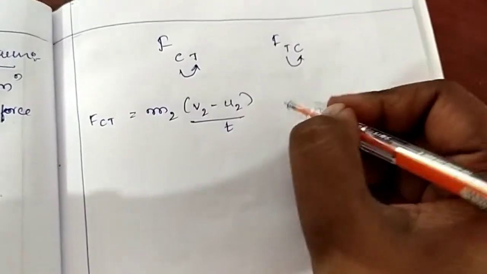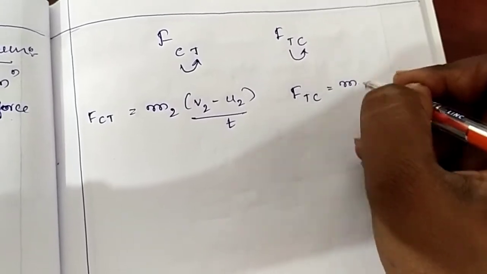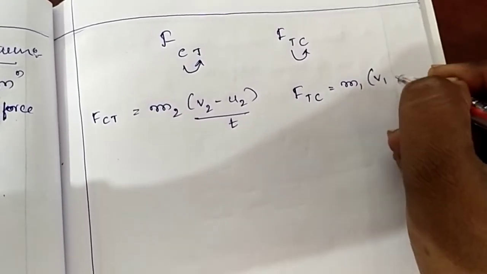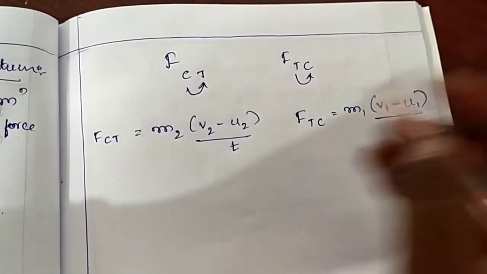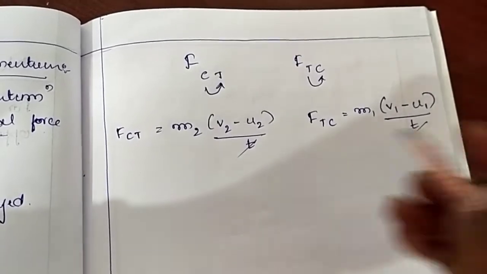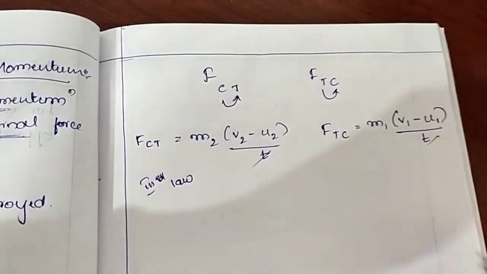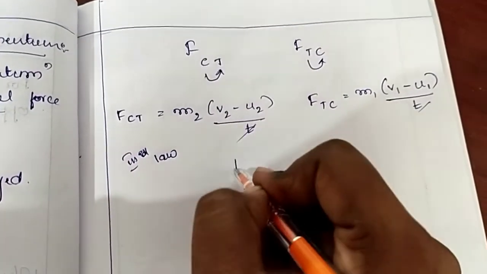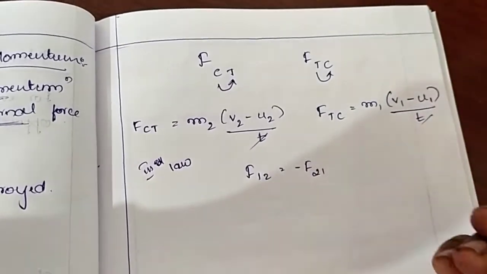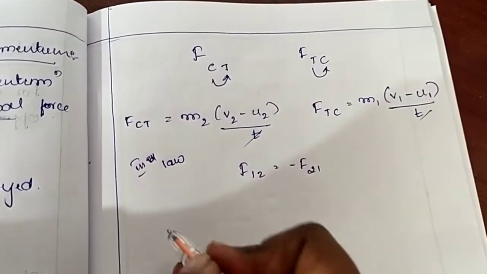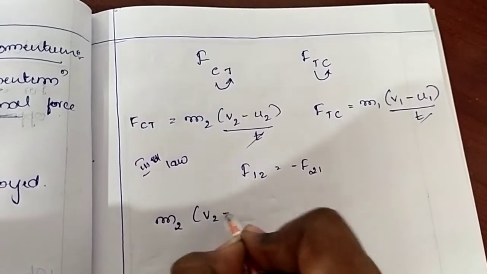Similarly, for the truck, the force of truck on car is equal to M1 into (V1 minus U1) divided by time. So, T gets cancelled. By using the third law, we'll get F12, as I have already shown, will be minus F21. By this third law of motion, we'll get M2 into (V2 minus U2)